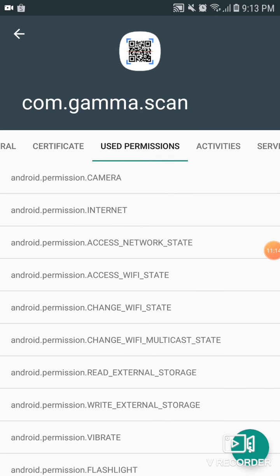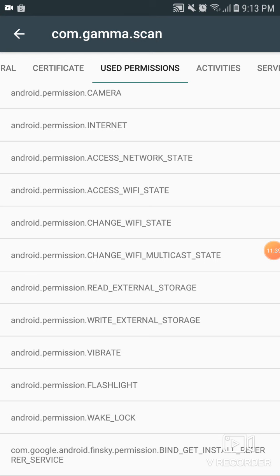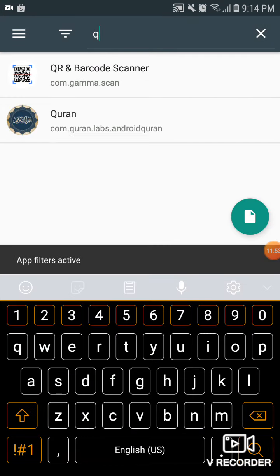So we go to the use permission. The first permission is camera. Yeah, this app is actually all about the camera. You need to scan the code and you can get the output from there. Internet is necessary because without internet you cannot scan the QR code. It also has permission for flashlight, because maybe you want to scan the code and the place is dark, so you need a flashlight. Okay, next we will go to the next app,